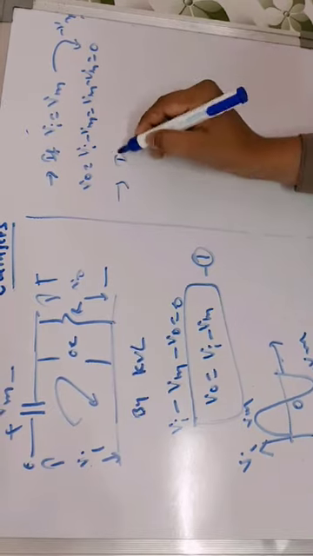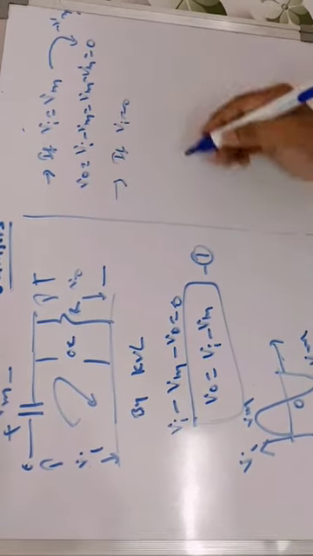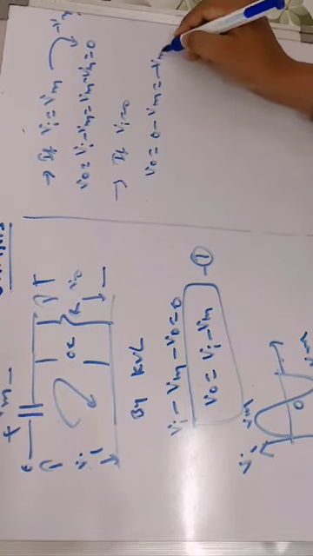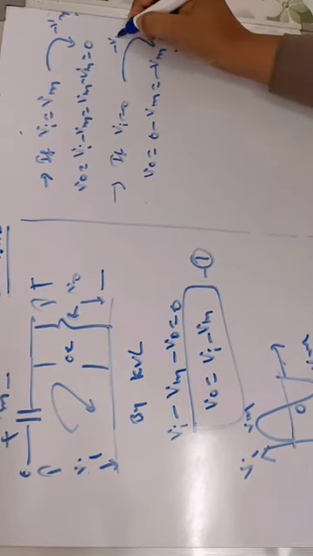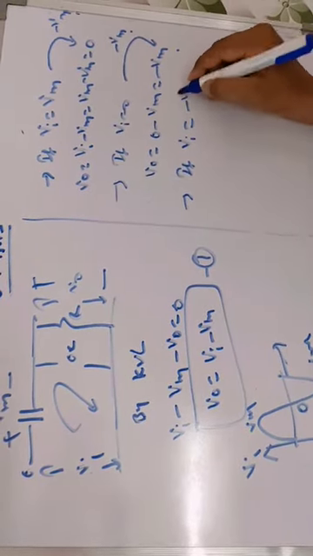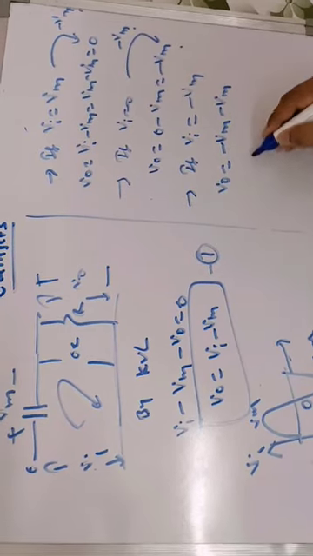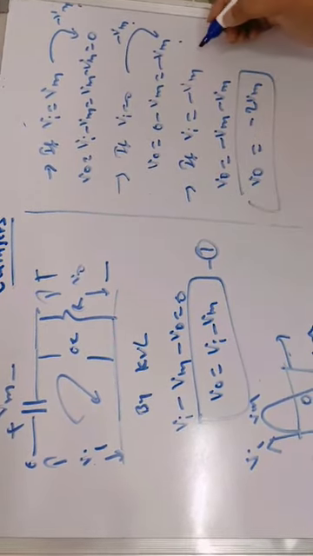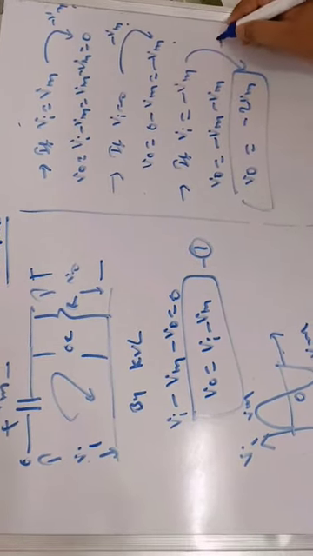Now if you put Vi equal to 0 here, what will be the output voltage? 0 minus Vm, which is equal to minus Vm. Now the amount of DC level shift is minus Vm. If you take Vi equal to minus Vm, V0 becomes minus Vm minus Vm, which is equal to minus 2 Vm. The output voltage is minus 2 Vm. That means the amount of DC level shift, or DC voltage shift, is minus Vm here.